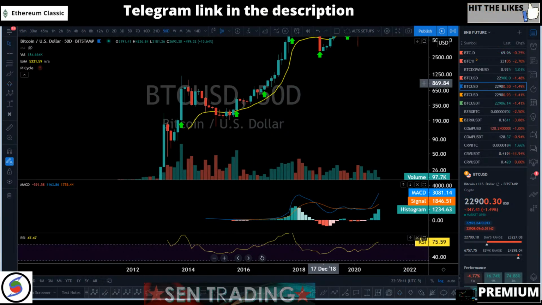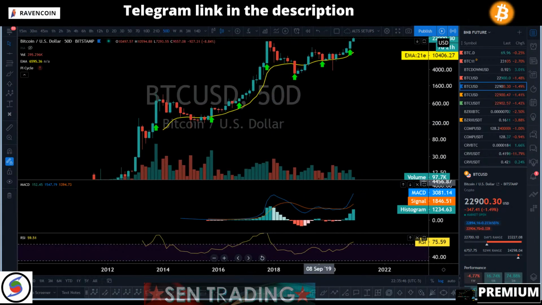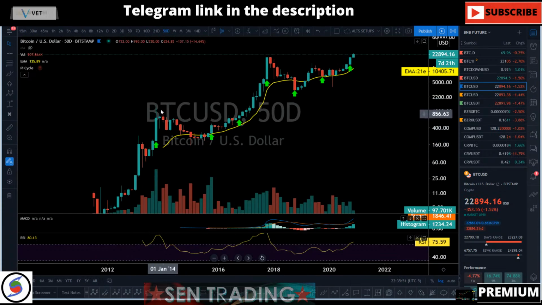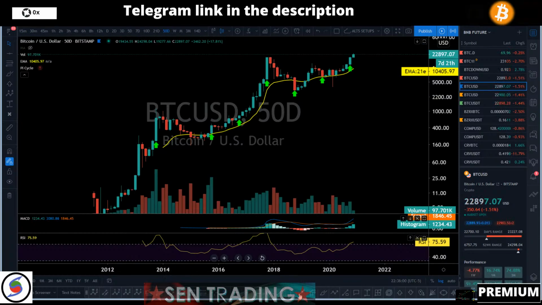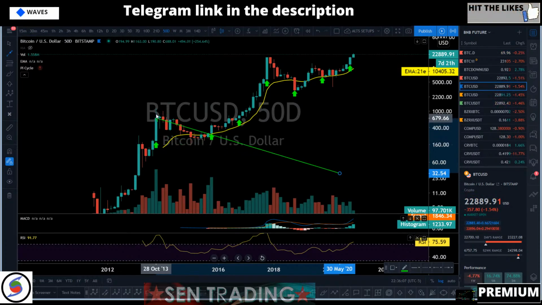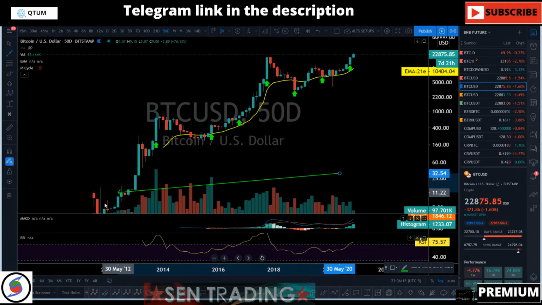So when you take a look at the October 28th 50-day candle, what does it tell us? Every single October 28th candle, price action has to retrace and retest it. What does it mean? You take a look at this October 2013, price action was a very bullish candle, but guess what? Price did dip all the way down and retest at least 50% of it right there. We even got one right here.